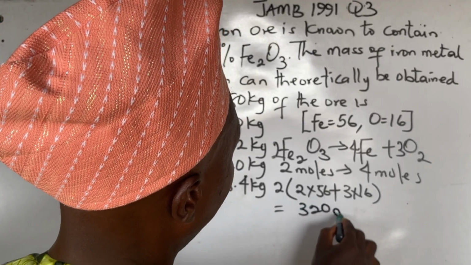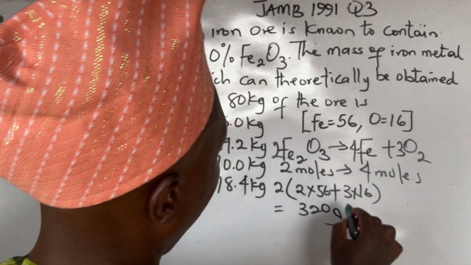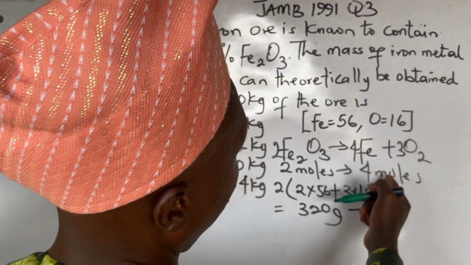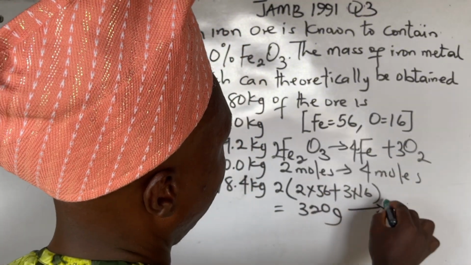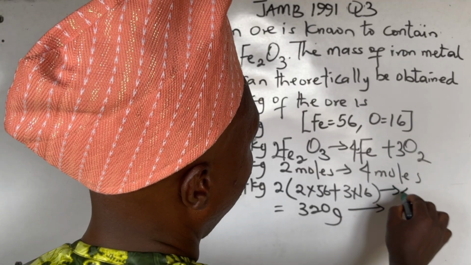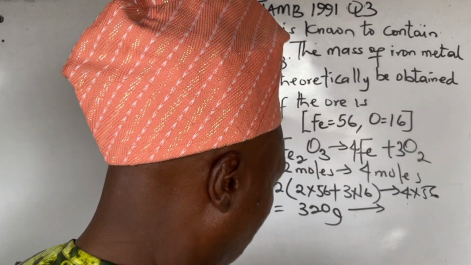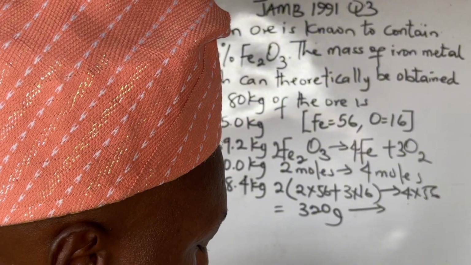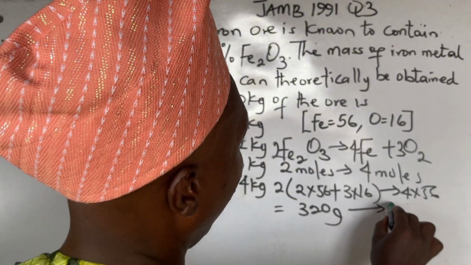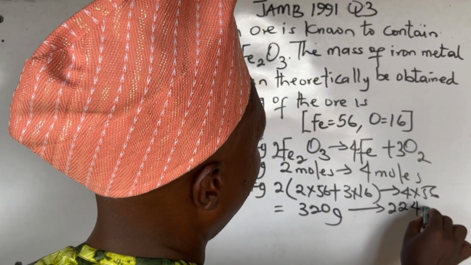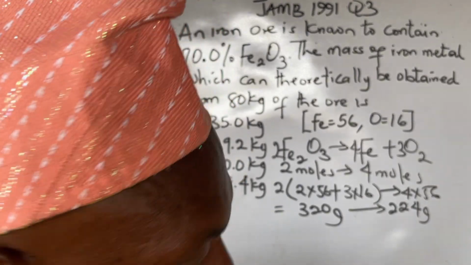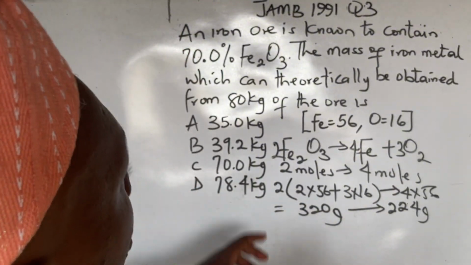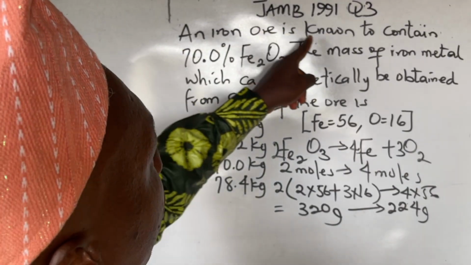So 320 grams of iron oxide will give us, so we have 4 moles of iron. That's 4 times 56. It will give you this 4 times 56. So 4 times 56 is 224. 224 grams. So the question says an iron ore is known to contain